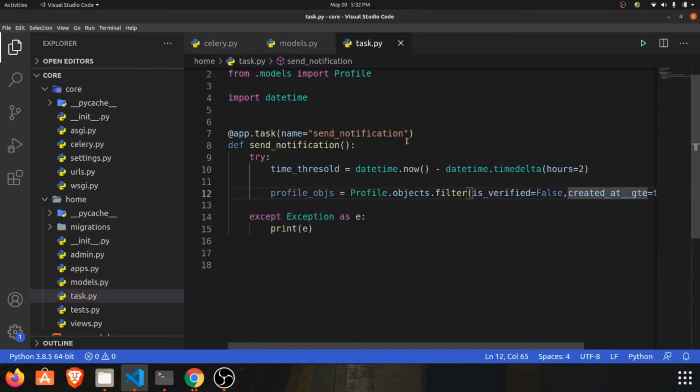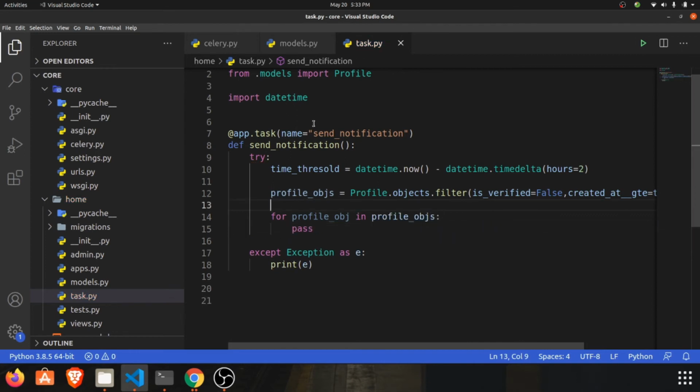So this is a query for getting all the profile objects whose profile is not verified in the 2 hour span, and we need to loop for profile obj in profile objs.